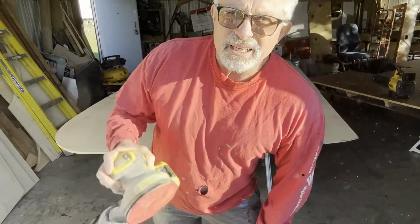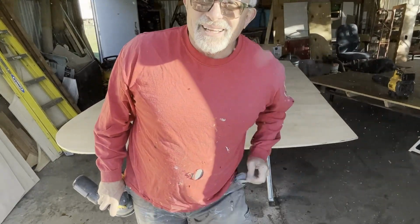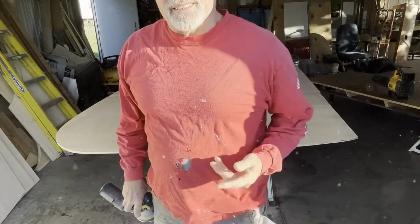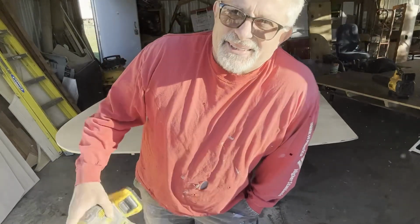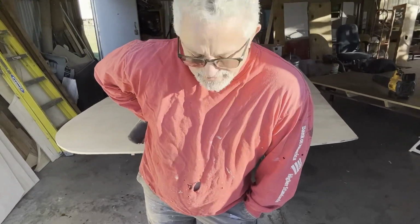Just gonna run a light 220 grit over that. It's almost not even sawdust in my pocket. Why did I do that on camera? Anyway, just a light 220, then I'm gonna wipe it down with a damp cloth, and then I'll put the